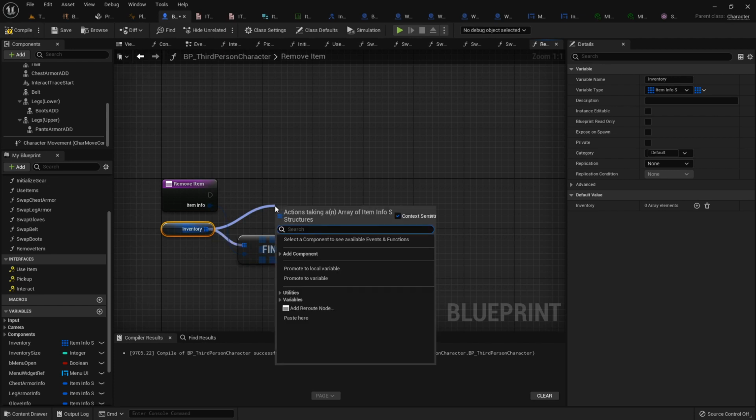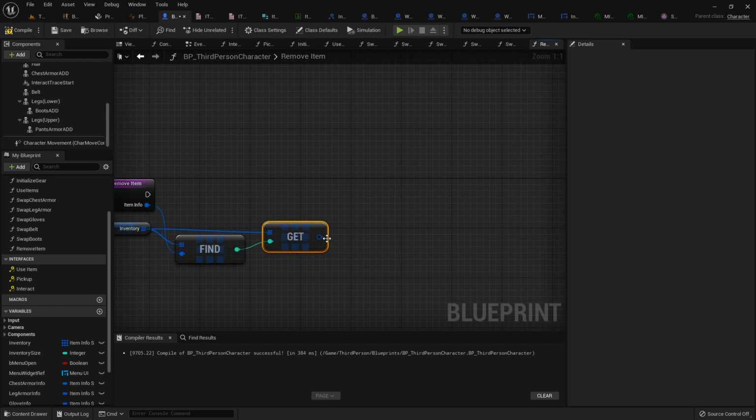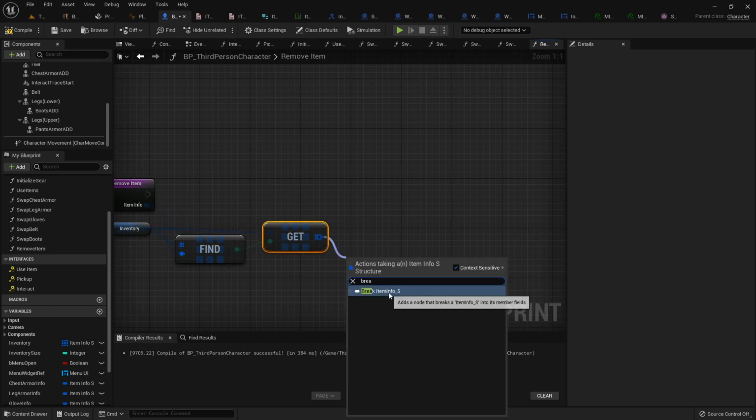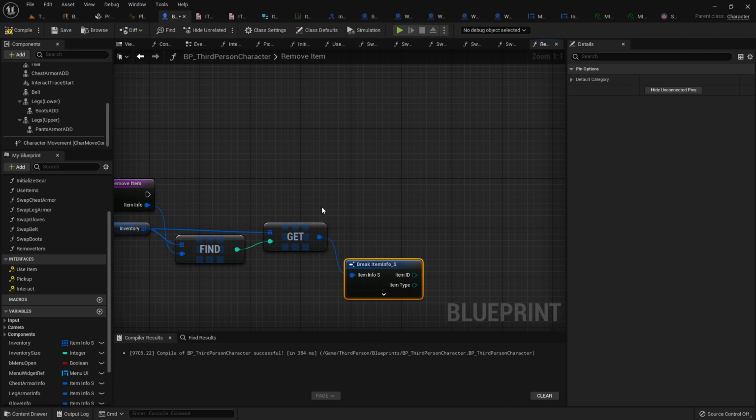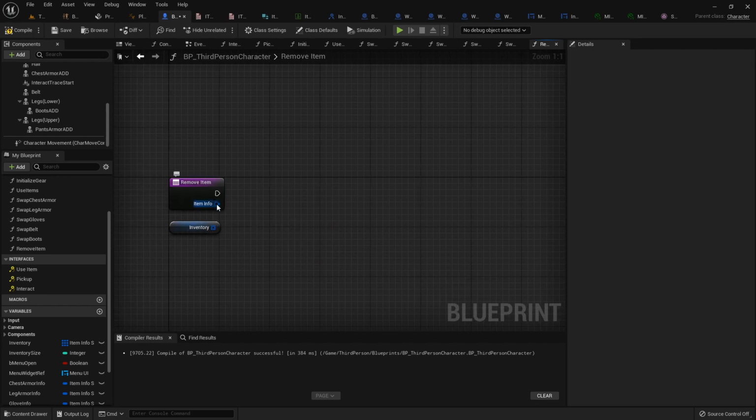We will get a copy of the item at that index that it finds, and then we want to break the info. We got the info right here, it's already found. Let's just break it directly,